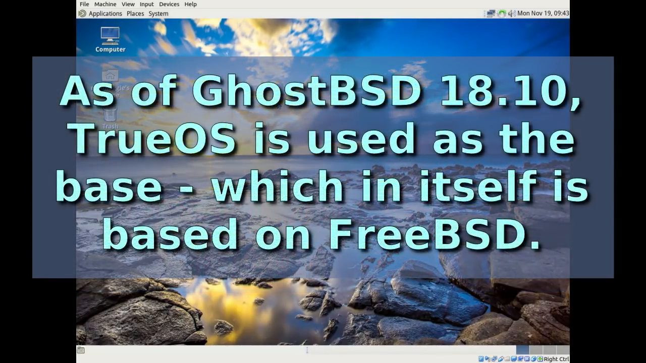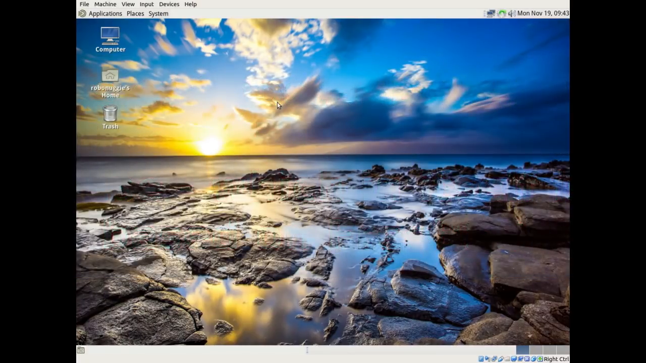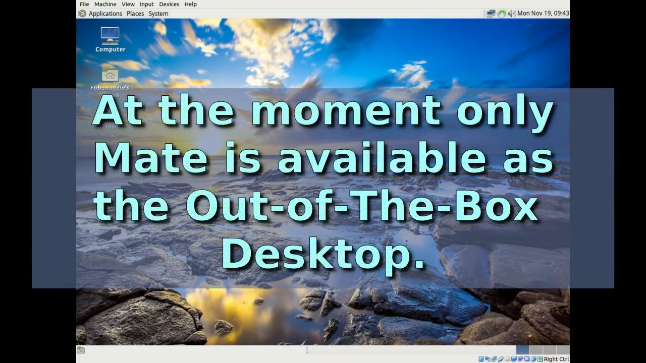GhostBSD 18.10 starts up on a pretty standard MATE desktop. There are no unusual flourishes about it. For those who really care about these things, it has a nice, I suppose, pretty desktop wallpaper. There are three icons on the screen, the usual Computer, Home and Trash. And in the installed applications, there's not a great deal, but there's enough to get you going, and we'll have a